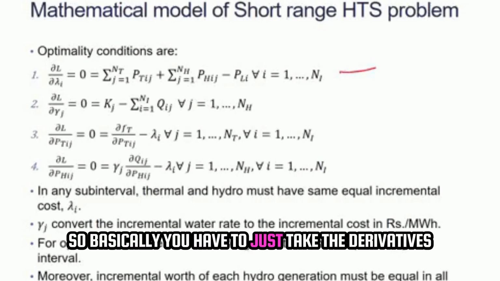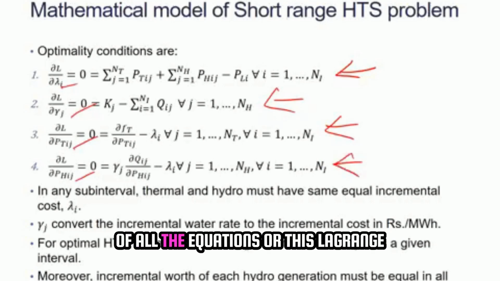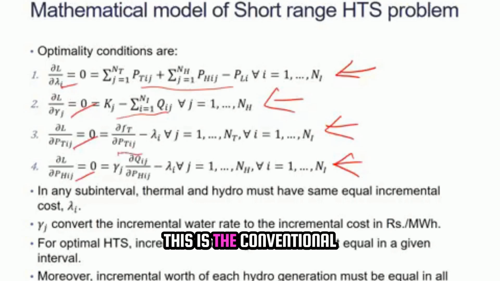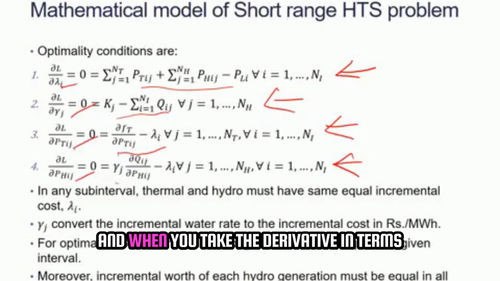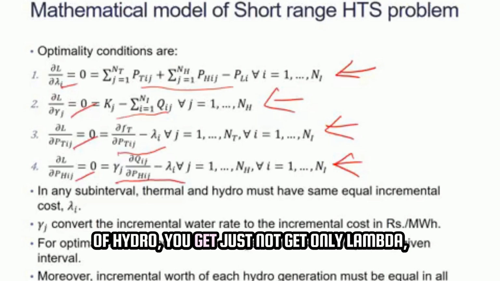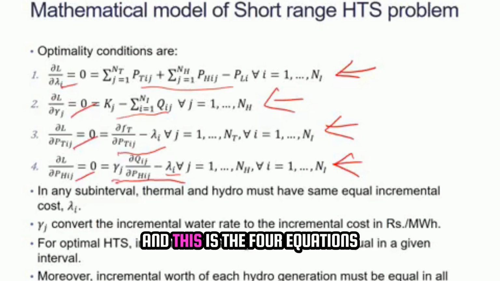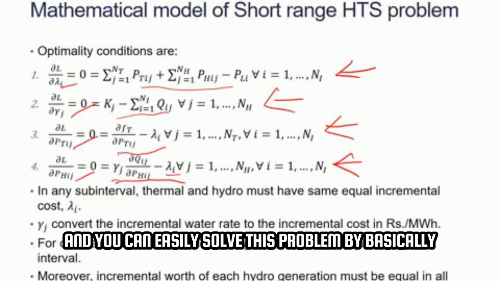So basically you have to take the derivatives in terms of lambda, gamma, PTij, PHij. You take the derivative of all the equations or this Lagrange function, and you will get these terms. This is the equality equation for the discharge. This is the conventional thermal power generation formula. And when you take the derivative in terms of hydro, you do not get only lambda, you also get gamma j as a term. These are the four equations, and you have the variables, and you can easily solve this problem